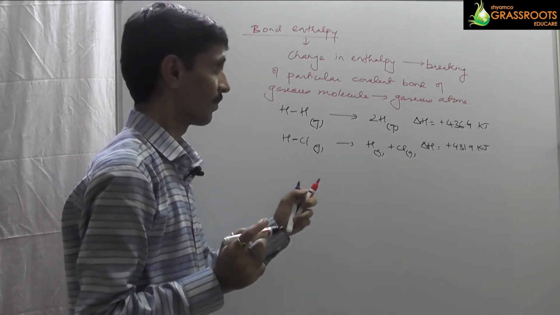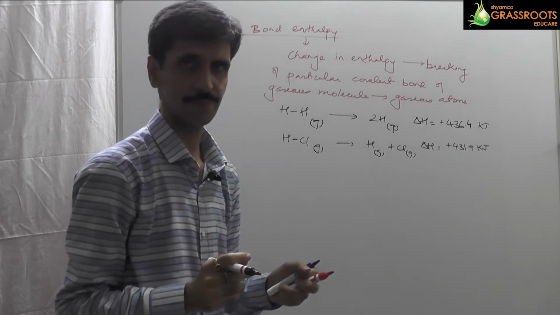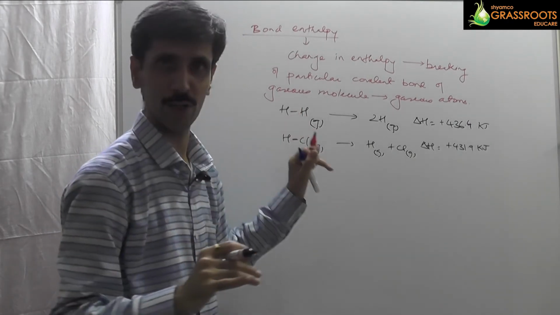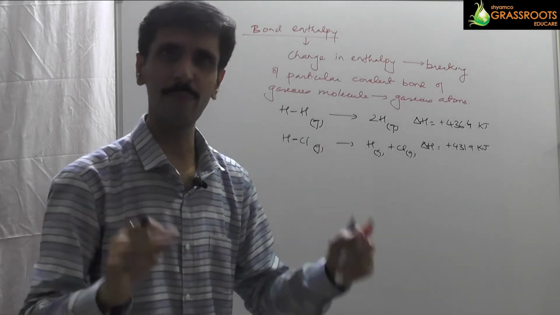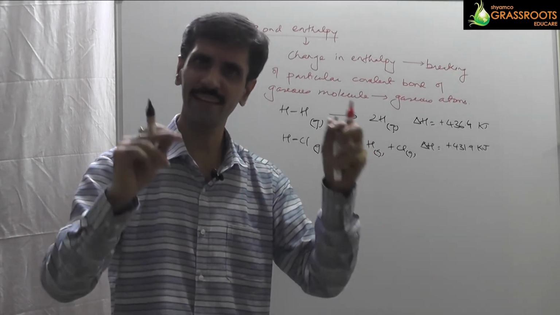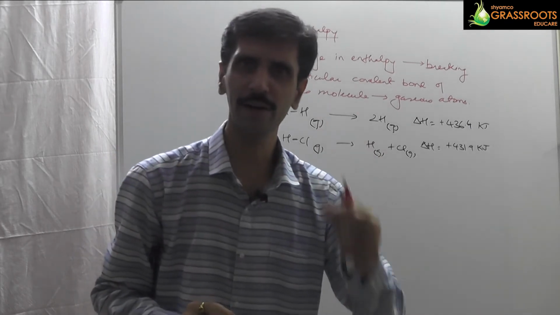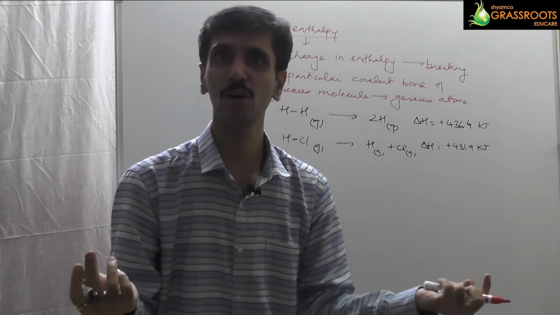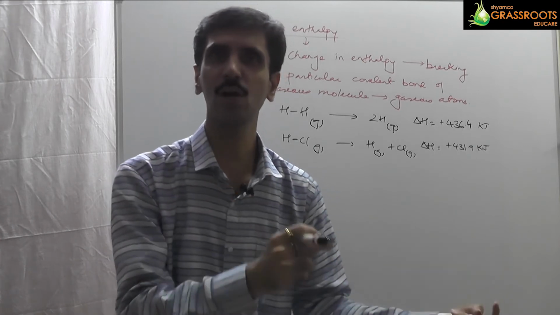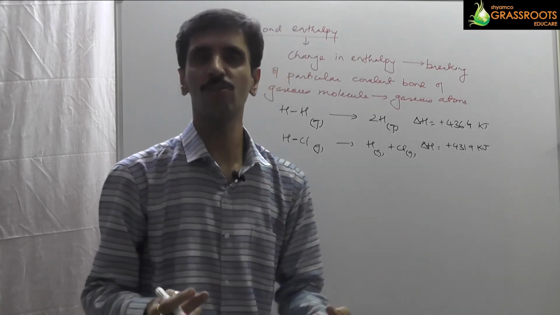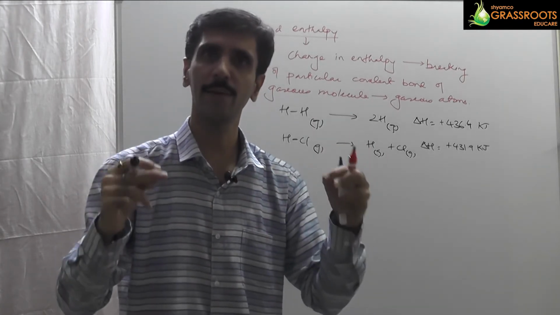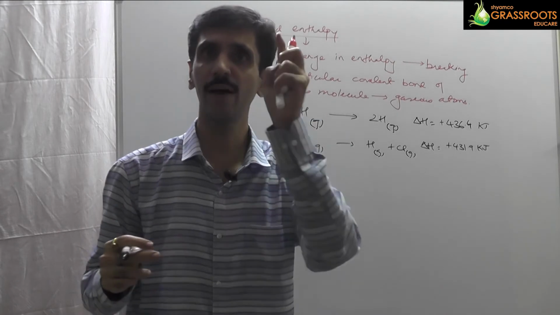Alright? Now, the question, my dear friends, is, if you are going to consider a simple diatomic molecule, diatomic simple molecule मतलब एक ऐसा molecule जहाँ पर कम से कम bond है, और कम से कम bond का मतलब होता है दोस्तों एक bond. अगर bond है ही नहीं तो molecule हो ही नहीं सकता. तो फिर molecule और gas के बीच में अंतर भी नहीं रहेगा. So minimum there has to be what? One bond. So if I am going to consider a simple diatomic molecule which is containing only one particular bond,